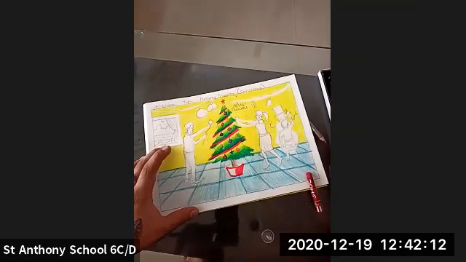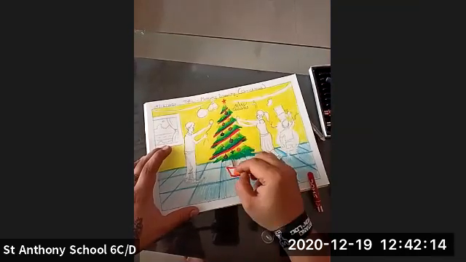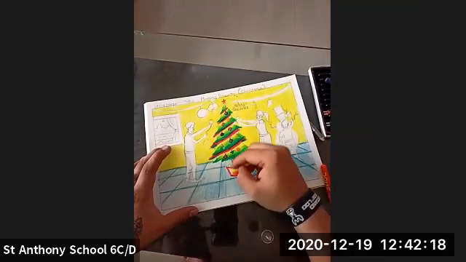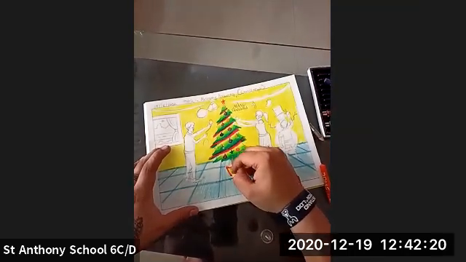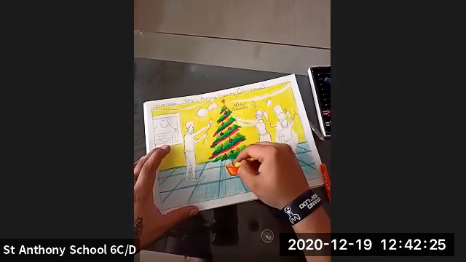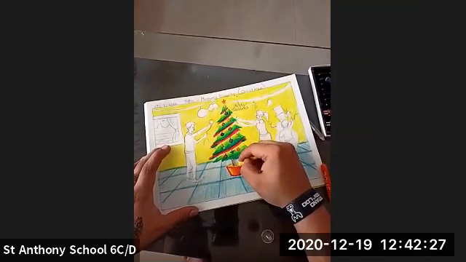This is red. Then comes your orange, and then comes your yellow. So this is how you can give a proper, attractive shade in this way.